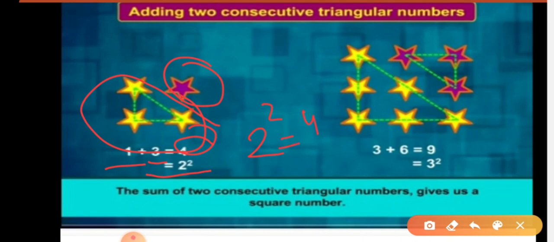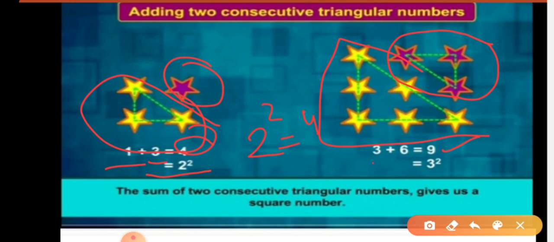Now here what you have again, now this one was a 3 dots triangle and then the 6 dot. The sum of 2,